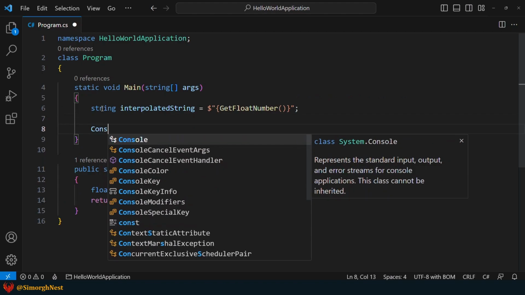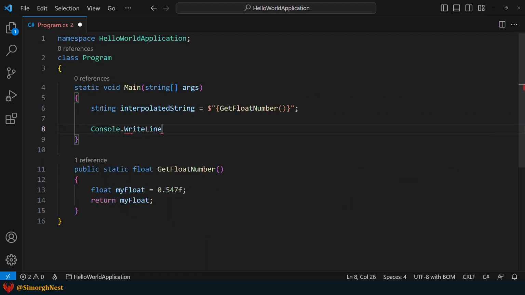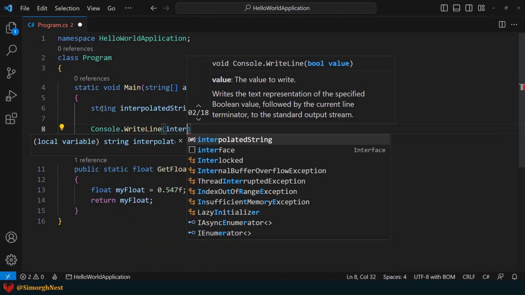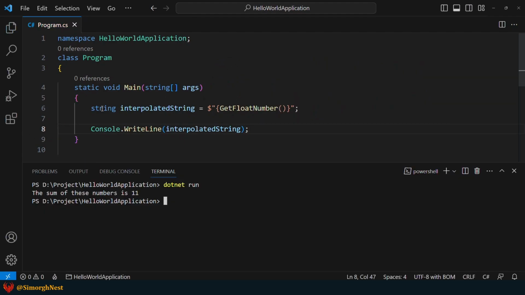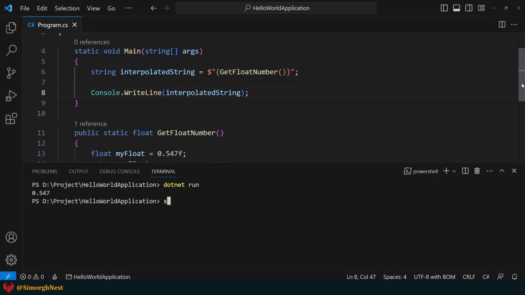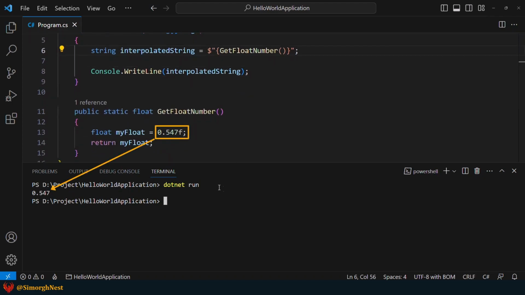Afterward, let's display the interpolated string in the terminal and run the application to see the result. As you can see, we obtain the same number as returned by our defined method.